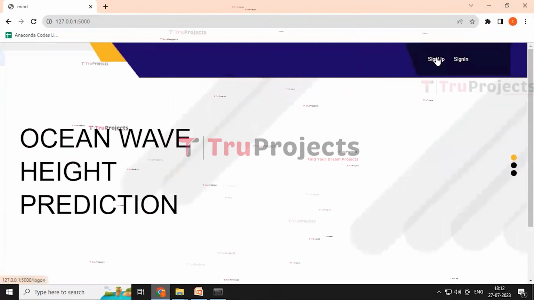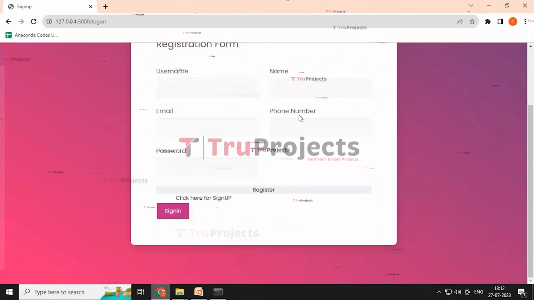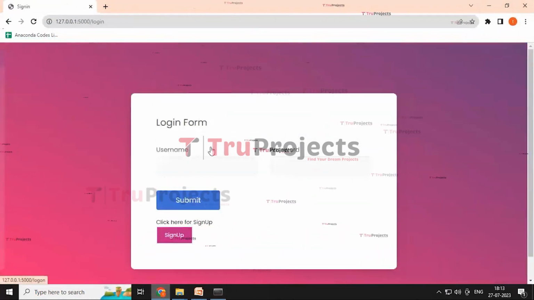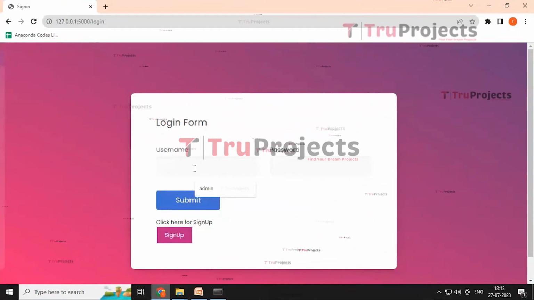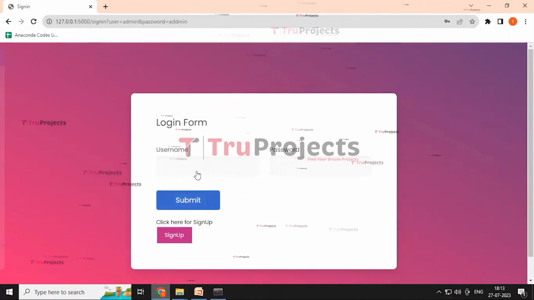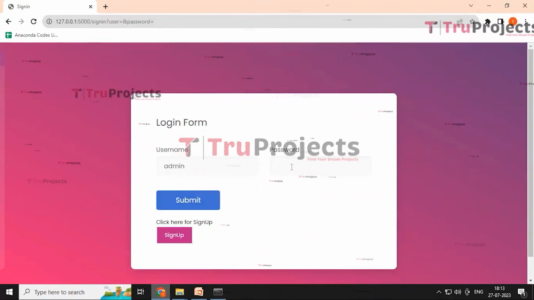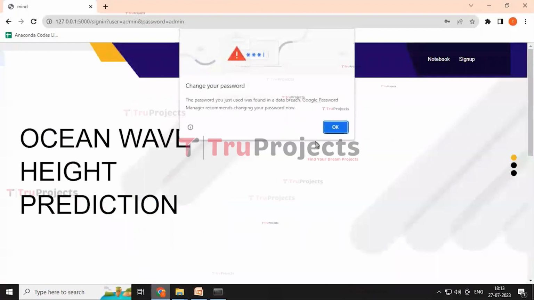And here, clicking the sign up button will redirect you to the sign up page containing some necessary details that need to be filled to create an account. But my account is already created, that's why I am using the sign in button. Here it will redirect to the sign in page containing some details like username and password that need to be filled to log in. And I am entering the details of username and password as admin, and then click on the submit button. It will redirect to the